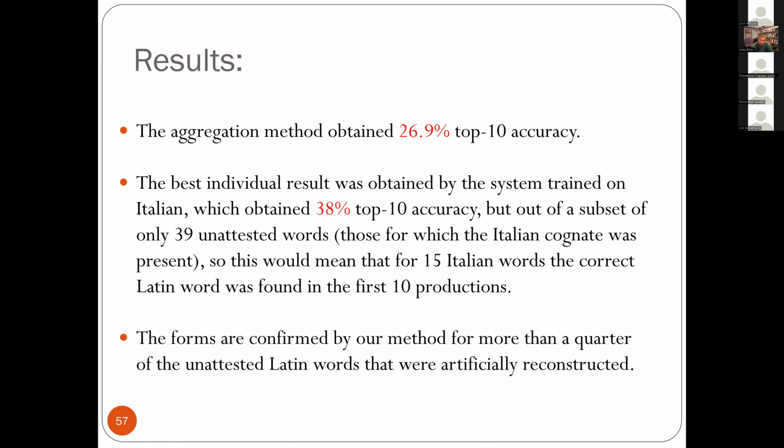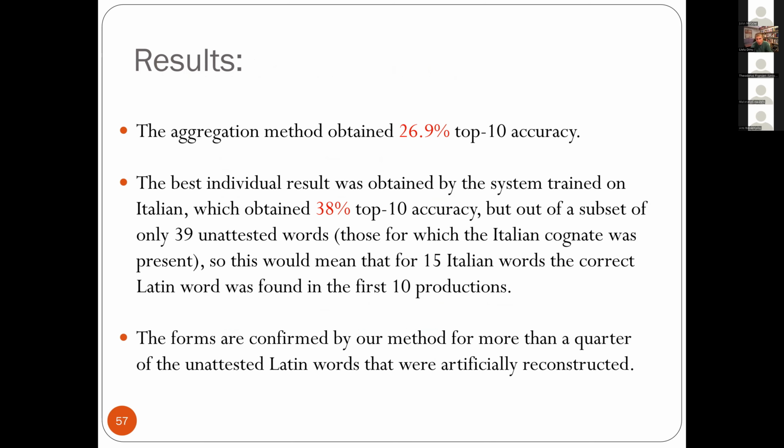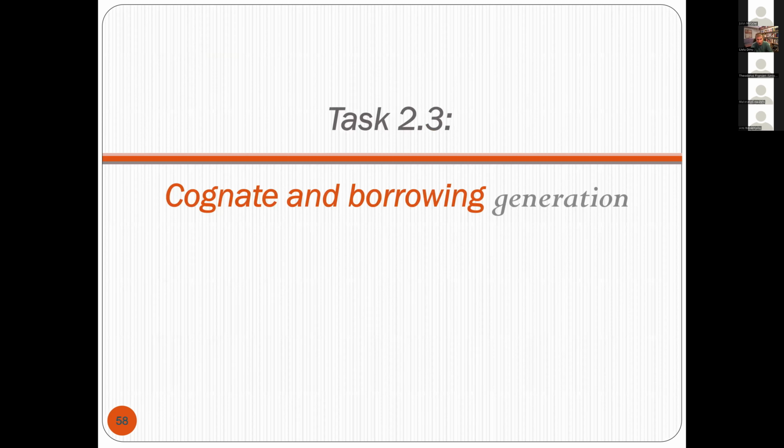Maybe when the words were reconstructed in the laboratory, they used more rules, and maybe sometimes human languages do not use rules so strictly and do not work in a deterministic way. Maybe there is more research to do, but it's not clear. Or maybe, of course, we have to work more on our algorithm.